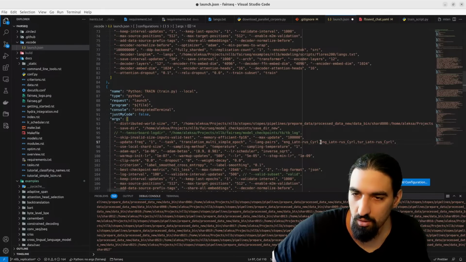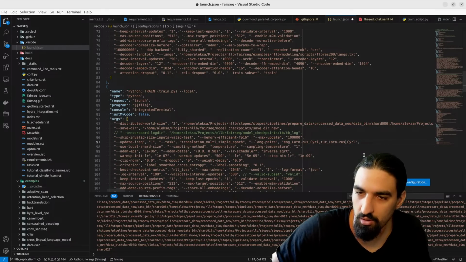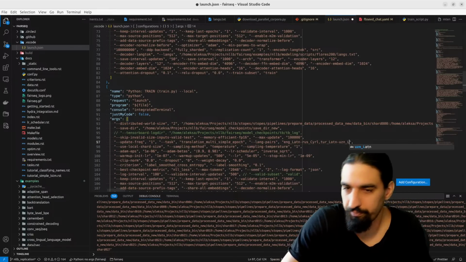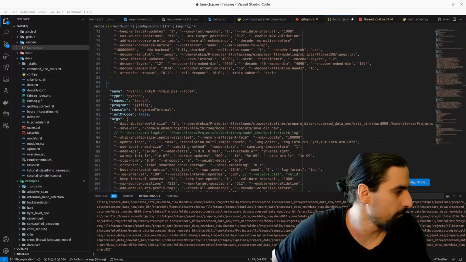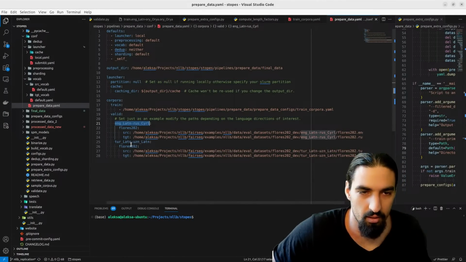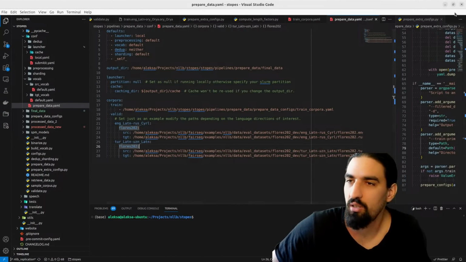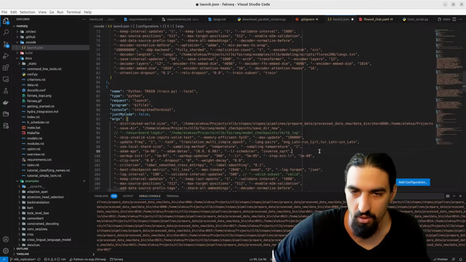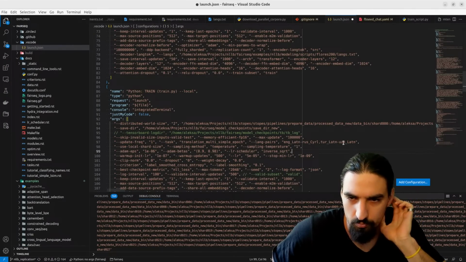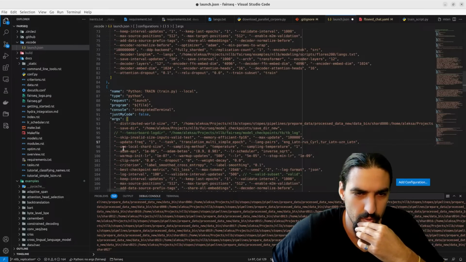And then Turkish and then use it, and I think it was Latin as well. Double check. Stopes, again, Turkish Latin, use it and Latin. Okay, so that's the language pairs we want to use. Let's continue.